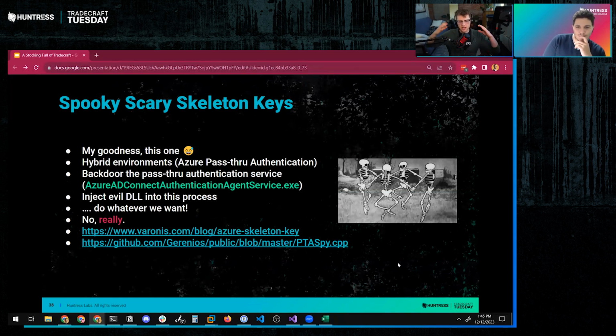Basically, think that in Azure, and if you're using M365, you're using Azure, whether you realize it or not, there are a couple different ways that you can authenticate. One of those ways is to just go straight to Azure and authenticate that way, and all of the passwords and everything are stored up in the cloud. The other way, if you want to keep passwords on-prem, is to have the cloud hand authentication off to your on-premises environment. And so pass-through authentication is one such way that you can configure this.